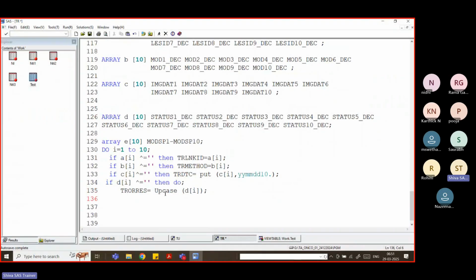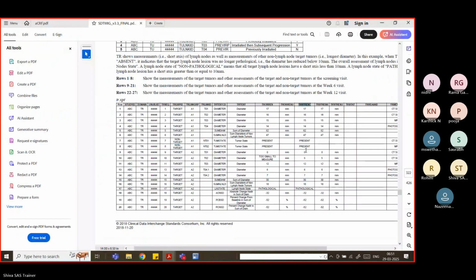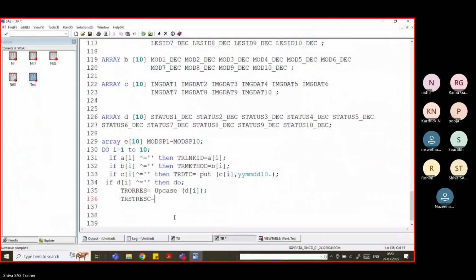The standard values are also the same. You can see in the example, present or absent are in uppercase. That is why I just gave the uppercase, same related, TRSTRESC I guess. Next, if the specific reason, specific method, EI not equal to missing, then do